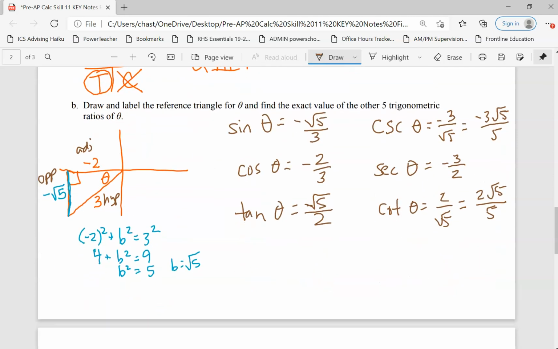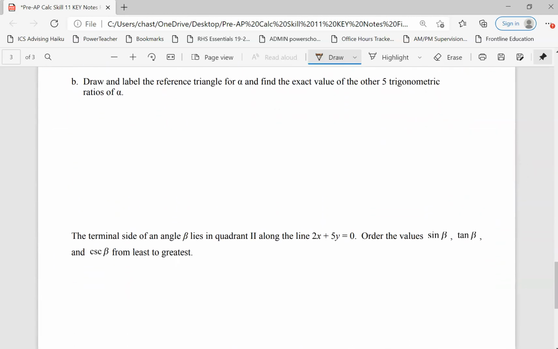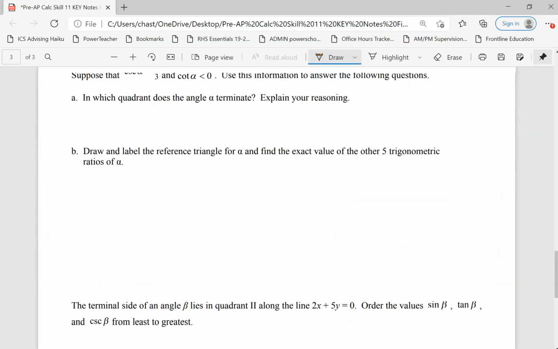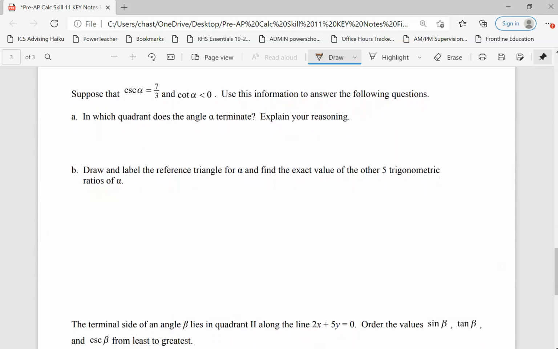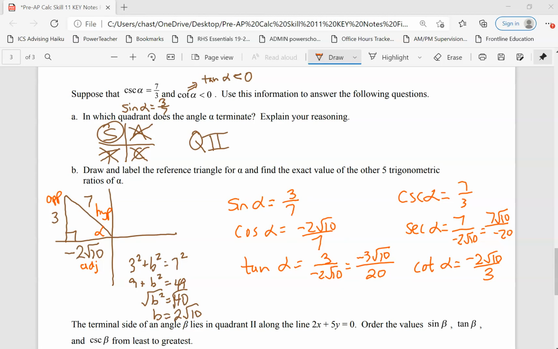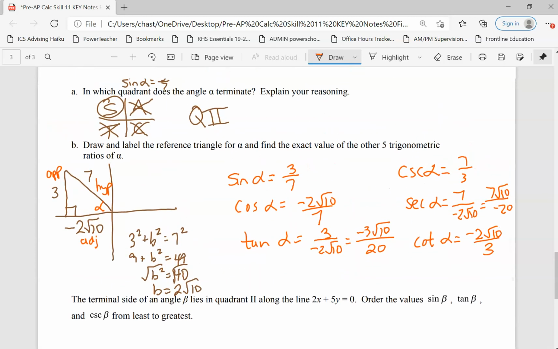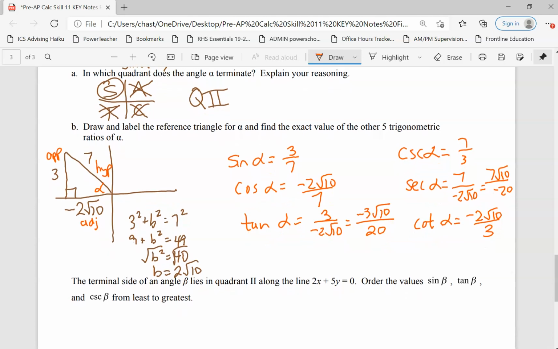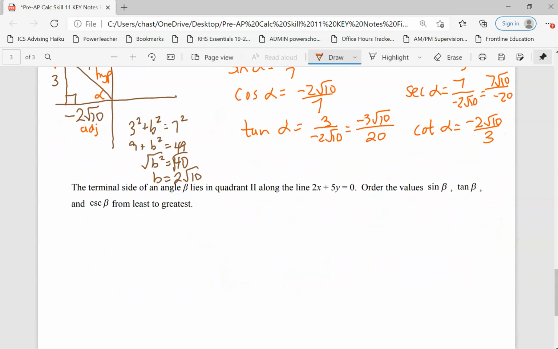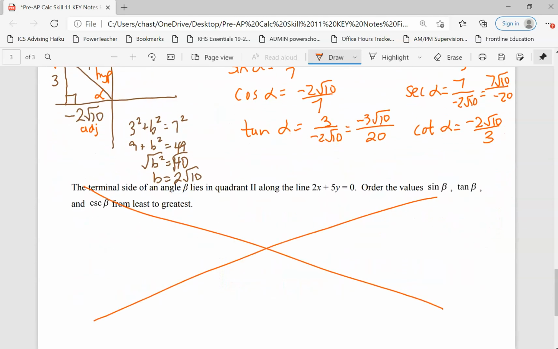All right, trucking right along here, we're going to try this next one. I'm going to let you try this on your own. Pause the video, try it, and then check your answer with the video. All right, so now unpause, or pause if you need to, but here are the answers that you should have gotten for this one. So check your work, and then if you have questions, we can discuss it further in class. We will be skipping this next one,